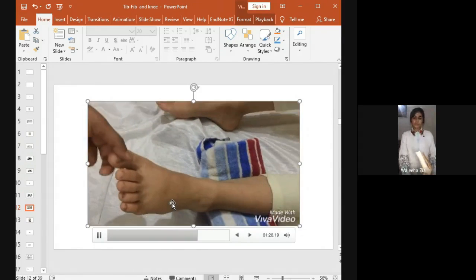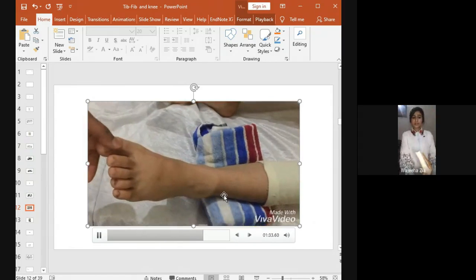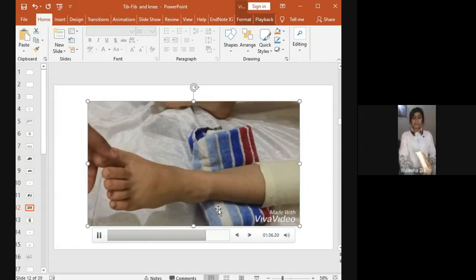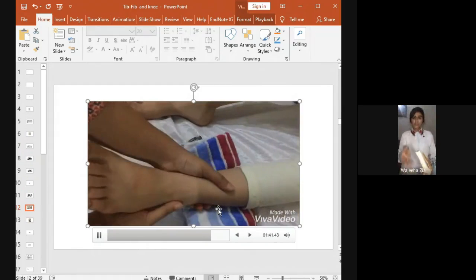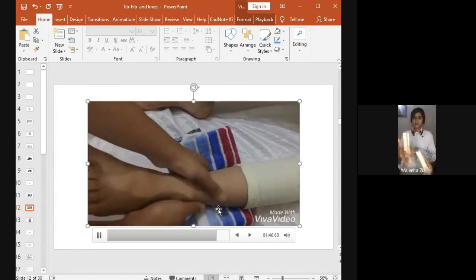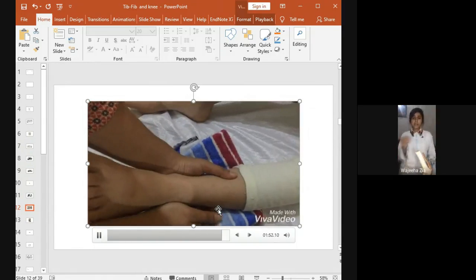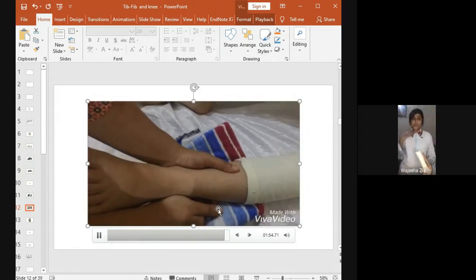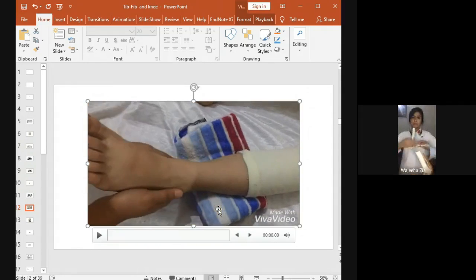Now the inferior tibiofibular joint. In this, you can see the posterior superior glide. Apply a towel at the lower end of the leg. It will provide the stability and it will allow the space to provide the glide. You can see, hold the medial malleolus with one hand, but don't hold it like this. Simply hold. Don't restrict the movement. And with the other hand, at the lateral malleolus, apply the glide in first posterior direction, but keep your hand in the superior. So this is the posterior glide, but for the posterior superior, this and this go into this direction.